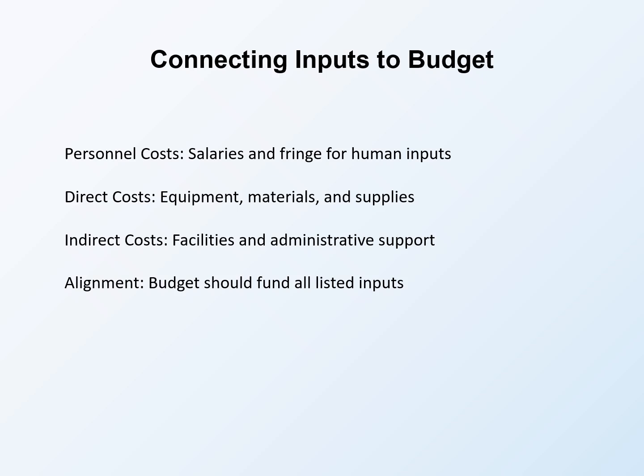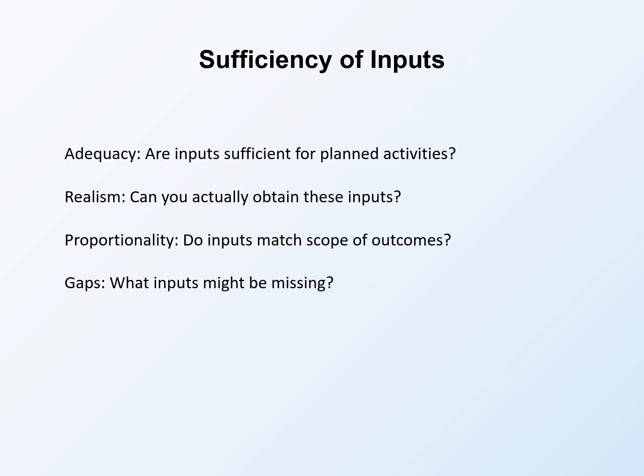Alignment means your budget should fund all listed inputs without exception. If an input appears in your logic model but not your budget, reviewers will question how you will obtain it. Conversely, if budget items do not connect to inputs shown in the logic model, they may seem unjustified or unnecessary. Evaluating sufficiency of inputs is critical for logic model credibility because reviewers assess whether you have the resources to deliver